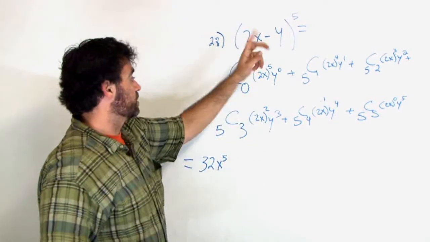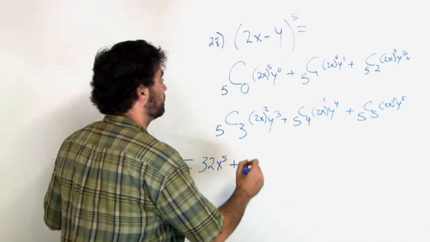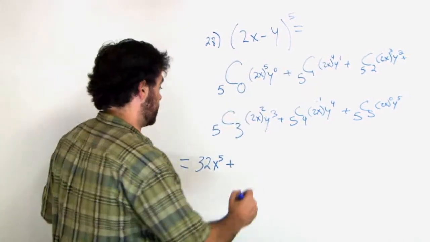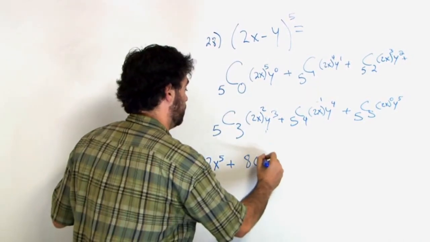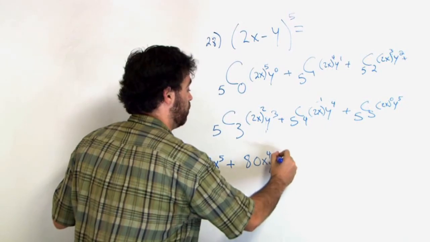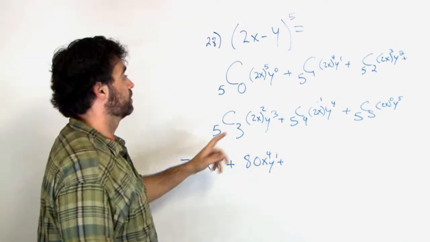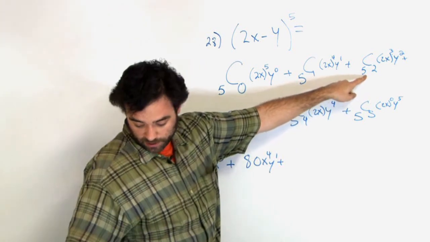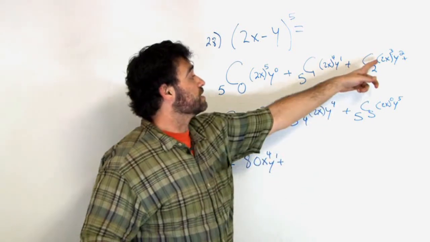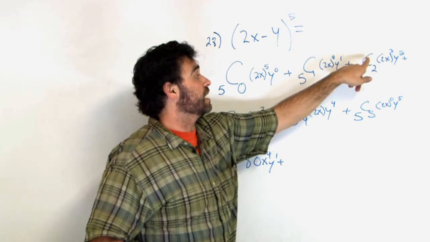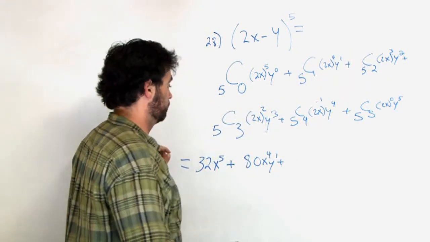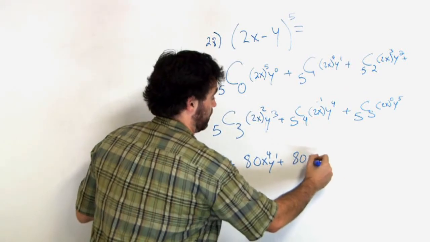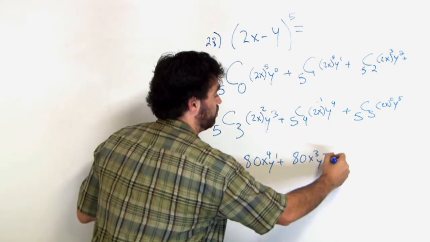x to the 5th, y to the 0 is 1, plus, this is 5, 2 to the 4th is 16, 5 times 16 is 80. 80 x to the 4th, y to the 1st, plus, we know 5c2 is 10, and 2 to the 3rd is 8. 8 times 10 is 80. x cubed, y squared, plus,